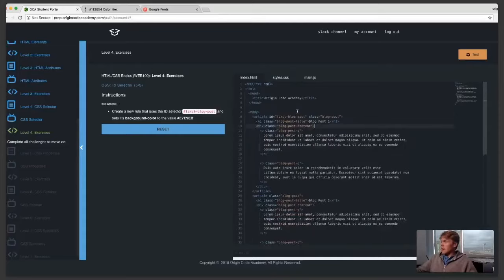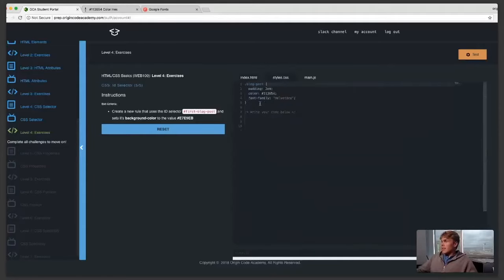All right. So let's select the ID of first blog post. I believe it was called first blog post. And we'll open up the rule blocks, and just like we did above, we'll set the background color this time to